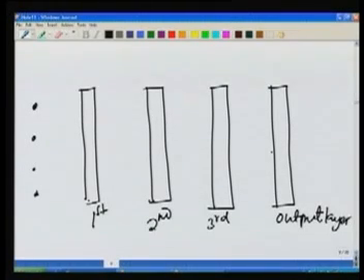In this particular configuration, there are sub units of neurons here, and in this particular configuration if I connect,